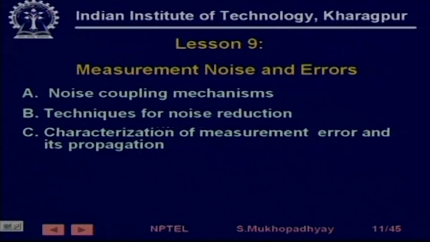Then we took a look at measurement noise and errors, and how noise gets coupled to a sensor. As we will see, noise is very important, because noise reduces measurement accuracy. It also creates problems when a sensor is giving feedback to a process control loop. If there is noise in the sensor, then the whole process control loop will start oscillating. Noise and errors can also give you other problems, for example quality control problems. They can give you dimension errors.